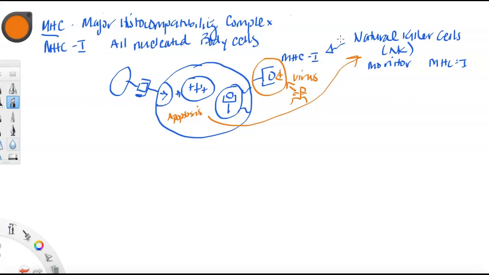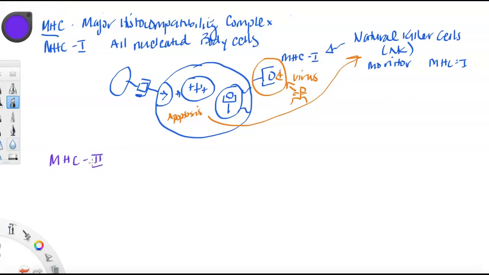So if the natural killer cells see that there's not any MHC1s on a body cell, that's bad too. So it's looking for that as well. Okay, so that's MHC1. All right,